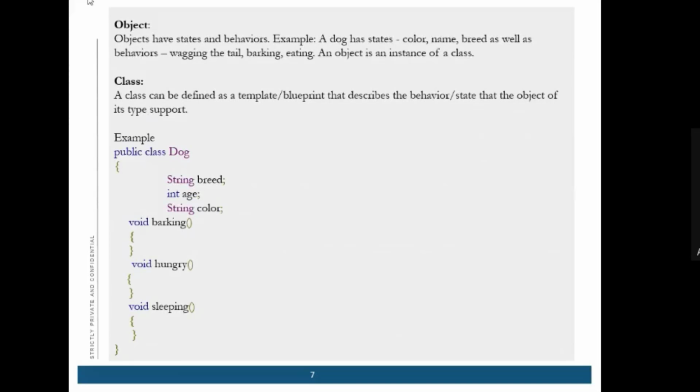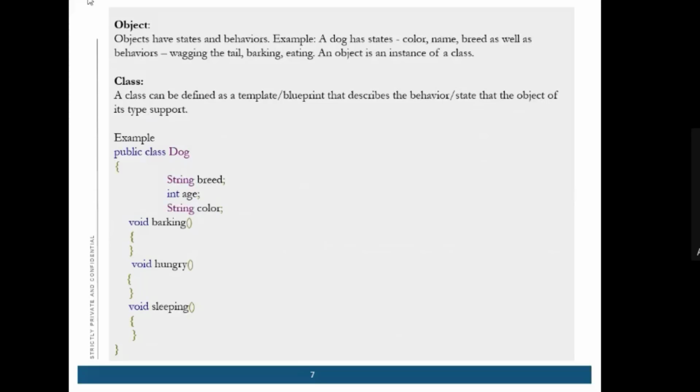Now coming to the main thing: what is an object? As the name suggests, an object has state and behavior. For example, take a dog. In layman's language, what are the qualities of a dog?